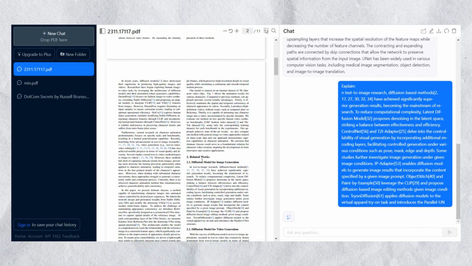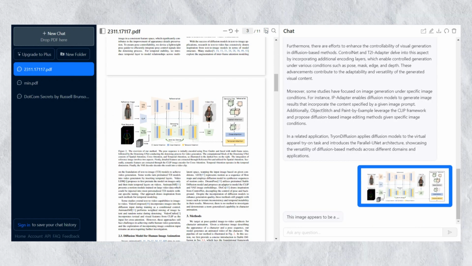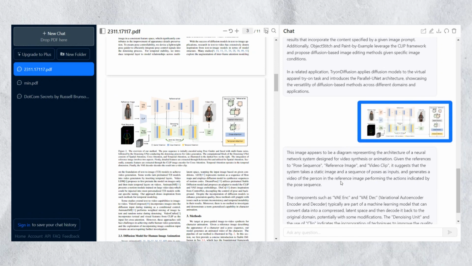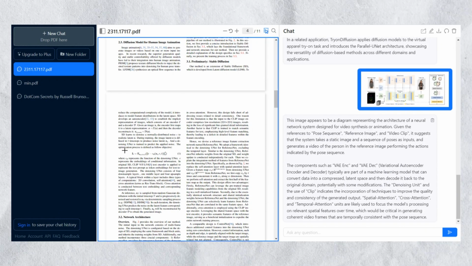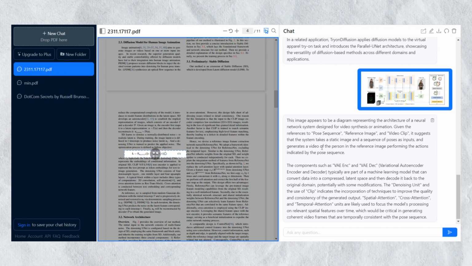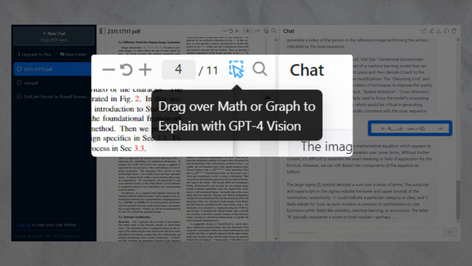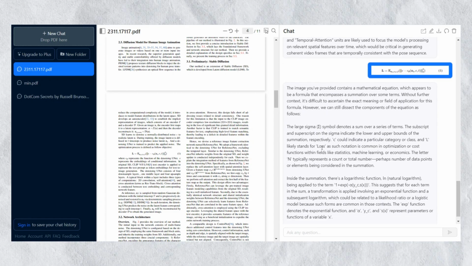ask follow-up questions. One standout feature that really sets ChatPDF.com apart is its ability to analyze images within research papers. This is incredibly helpful because, let's be honest, sometimes those images can be pretty confusing. The tool uses the advanced ChatGPT 4 model to explain what these images represent, making your research process much smoother